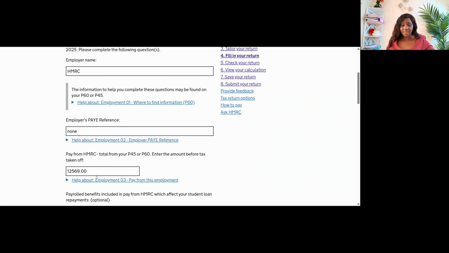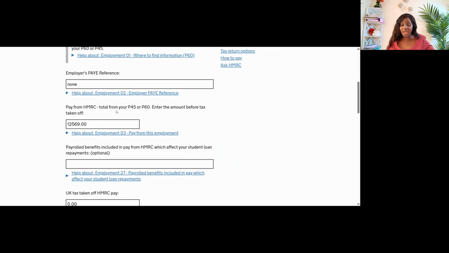Let's proceed. Then you enter the total pay that you received from this employer. Remember to use P45 and P60 figures only for the tax year that you are preparing the tax return for. So pay from the employer, the total pay will be indicated on the P60. Enter this amount here. Then there is a next question that is new for